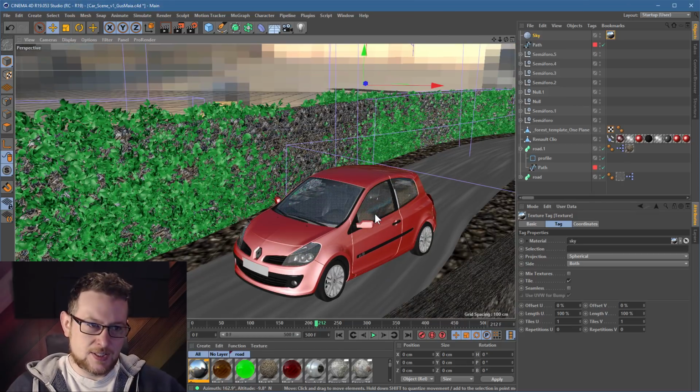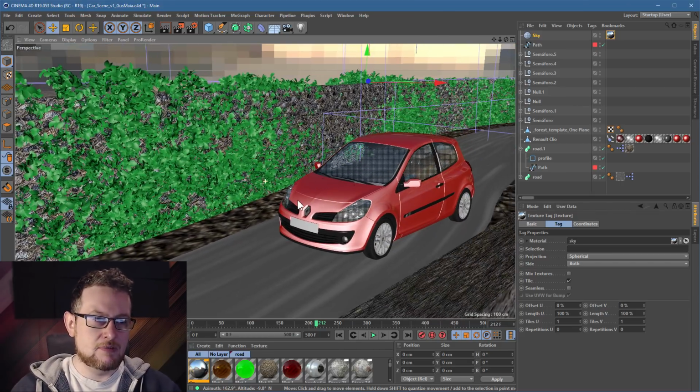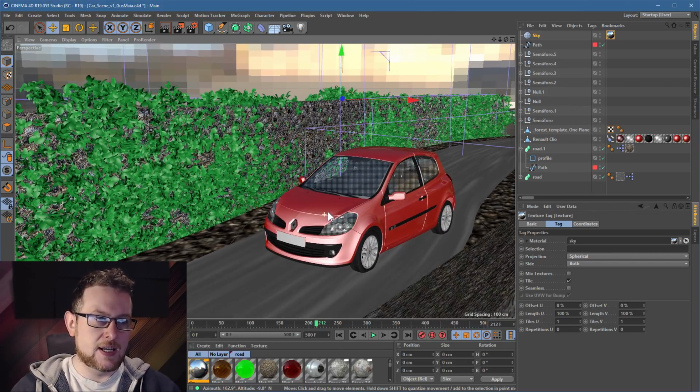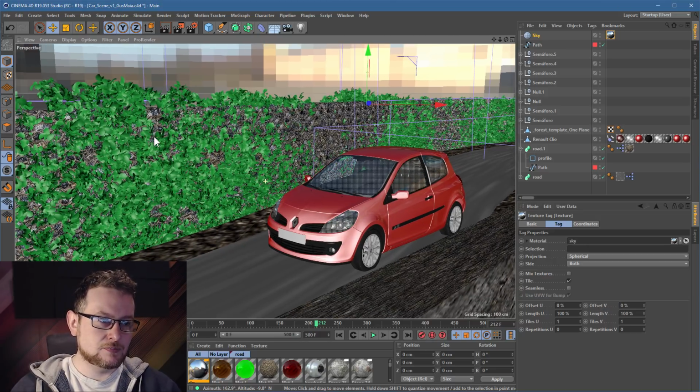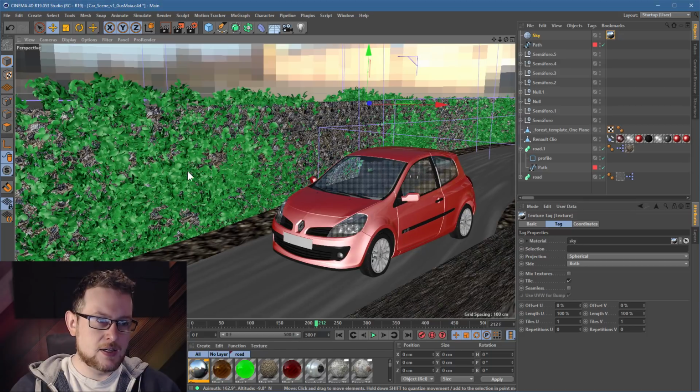So let's pick an angle for all this. Let's say I want my rendering over here. So we've got a bit of wall in the background, something in the foreground. The car's nice and visible. What I would do is I would rotate the sky until the stuff in the background I don't want to